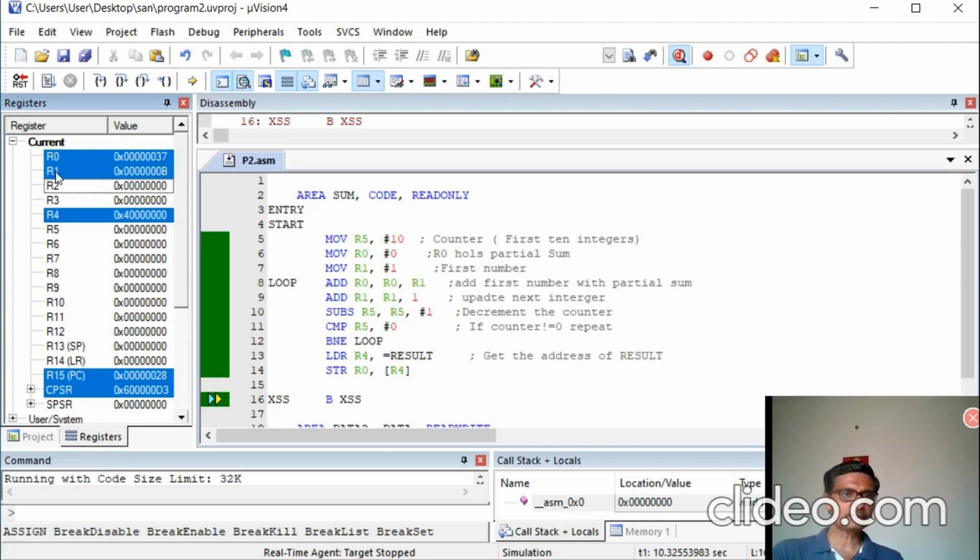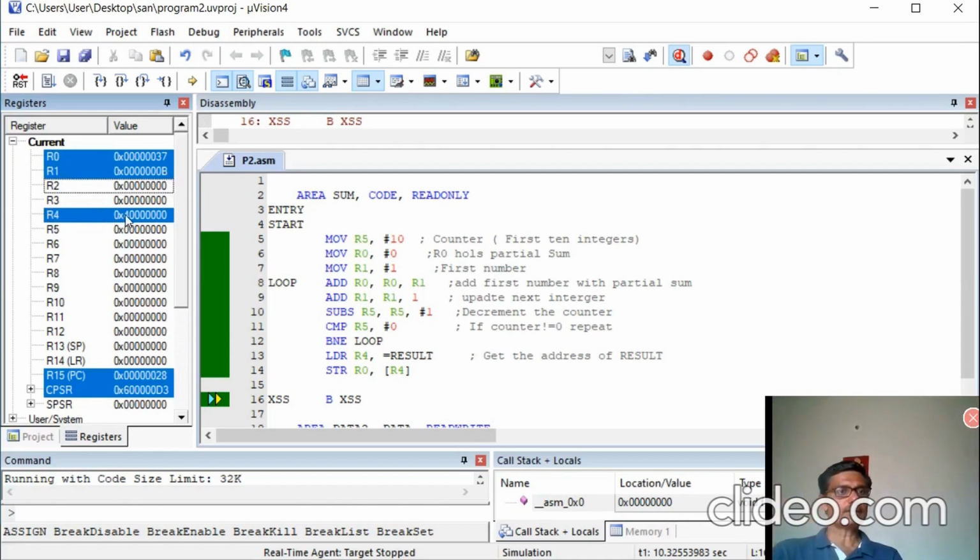R1 is a counter, its value is B. The total loop runs 11 times, because the first time we are adding with 0, so the value is updated. And you can see R4 is a memory pointer. R4 holds the address which is assigned to that result.